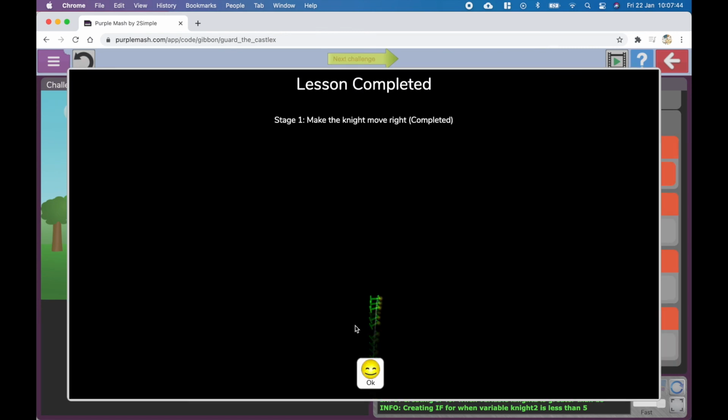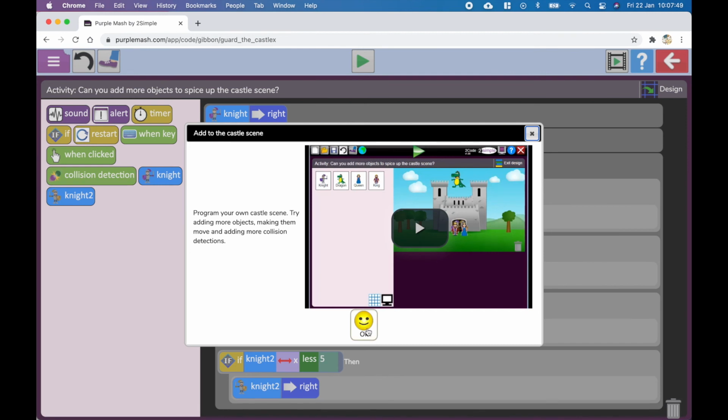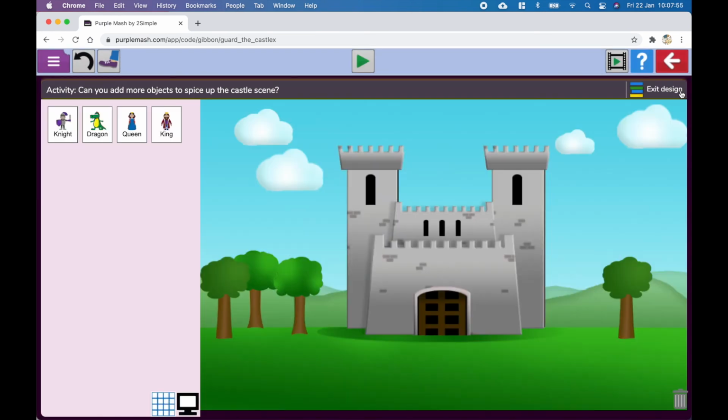and now it has said that we can move on to the next challenge. So the lesson is now complete. Then it says that we can make our own castle and try add more objects, making them move and adding more collision. So for this you can go to design and you can add more objects,